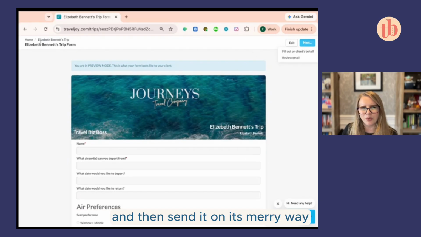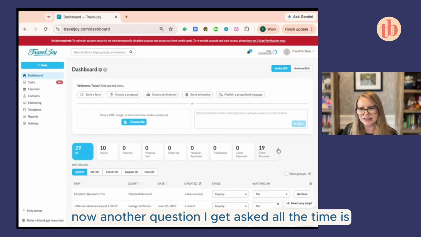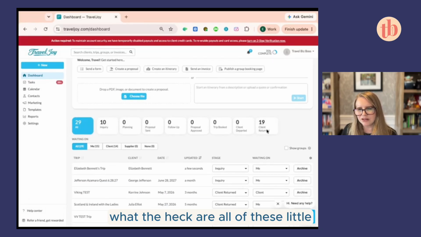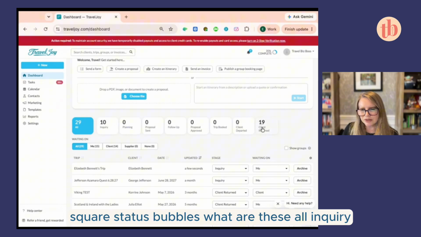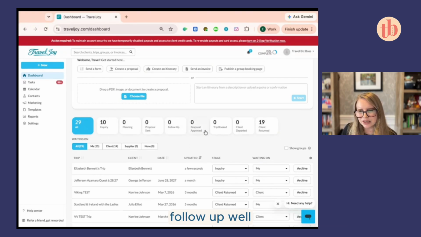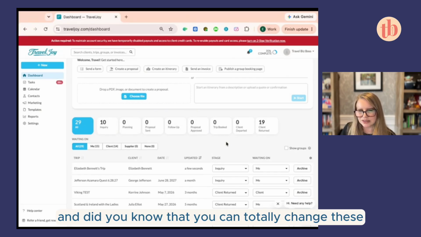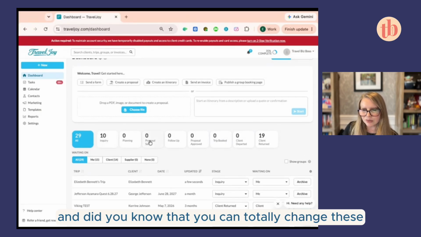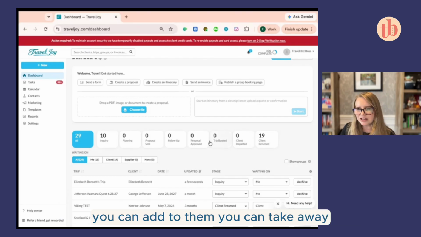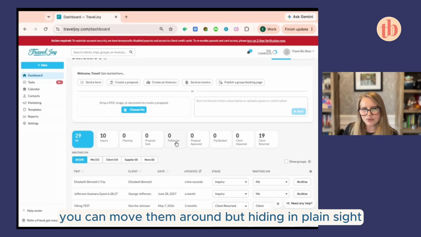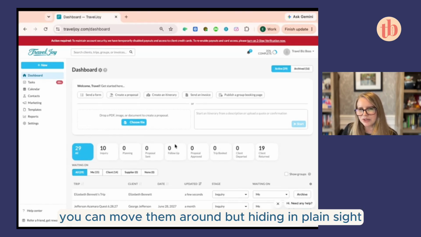Now, another question I get asked all the time is, what the heck are all of these little square status bubbles? All, inquiry, planning, proposal sent, follow-up. Well, think of these as stages in your client process. And did you know that you can totally change these? You can add to them, you can take away, you can move them around, but hiding in plain sight is